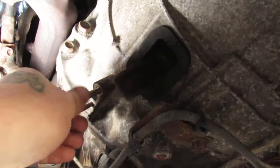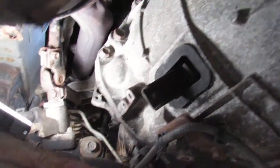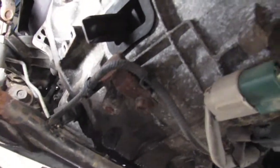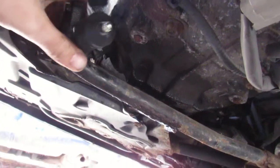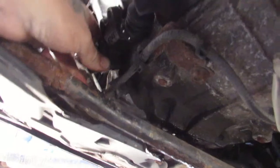And as you can see right here, the slave cylinder is off. These are the bolts right here. Let's pull these out real quick. And let's slide this bad boy in there. So, as you can see, the hose just goes up there, and this goes right here. So it goes in just like that, it sits right there, and the hose goes up, and that's